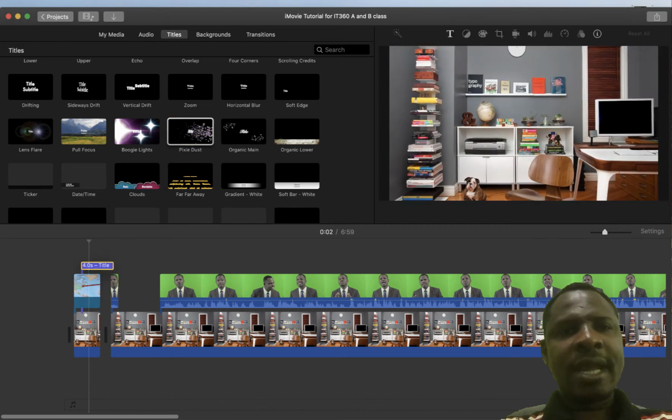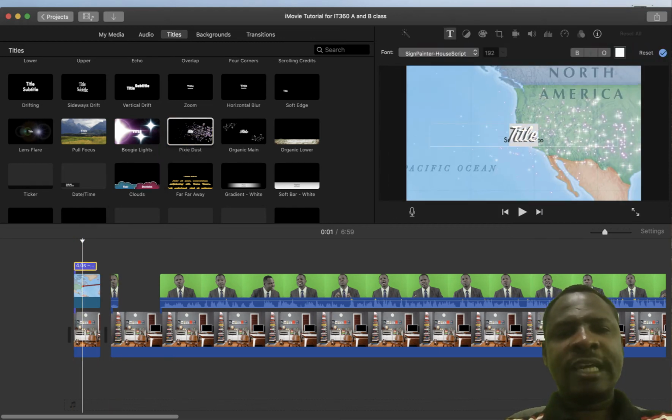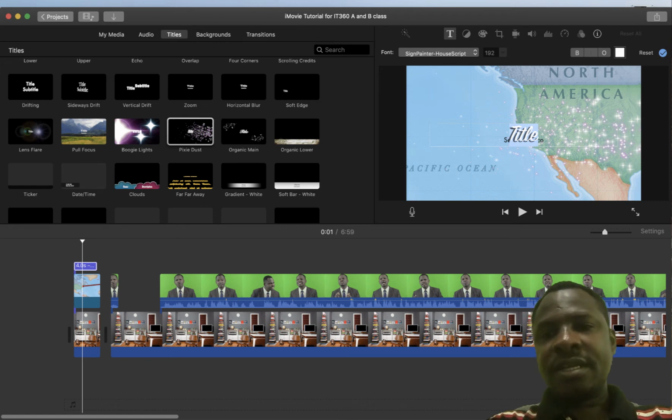So the moment you bring a text onto the timeline and you place it at the top, it's going to show that first. As you can see, since I placed the text 2 at the top of the background image, the text 2 is on the top. So I don't need to do any big deal. It's not that difficult. What I want to do is to write the title of my video clip that I'm actually editing. So I can click here, double click on it, and I can say